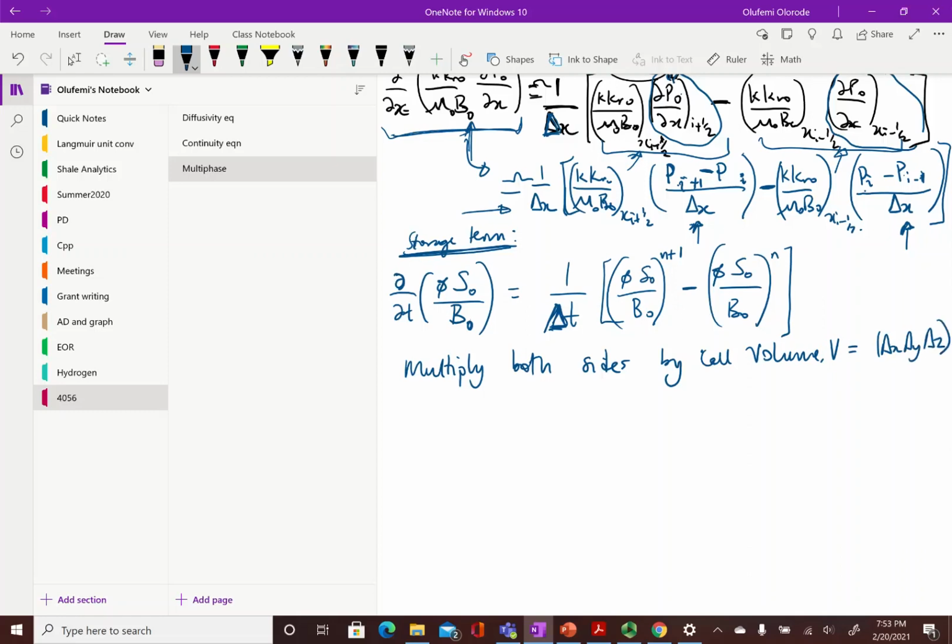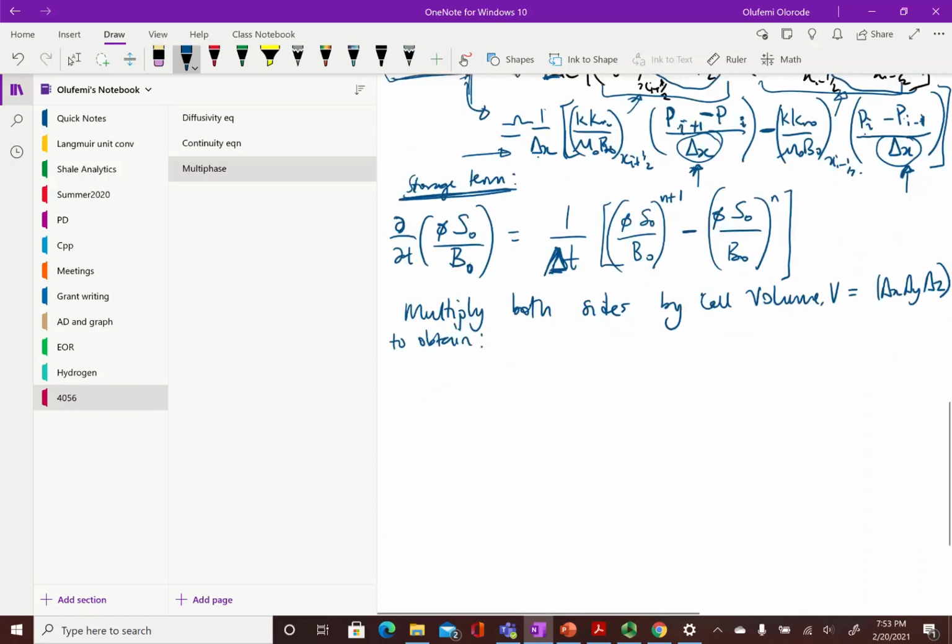So if you multiply this by delta X, delta Y, delta Z, what's going to happen to this? This is going to lose 1 delta X. And just in keeping with the form of the equation in your slides, I'm going to take out this one, right? And leave this one outside. And so this will have to be multiplied by volume, right? Which is delta X, delta Y, delta Z. So multiply both sides by this to obtain,